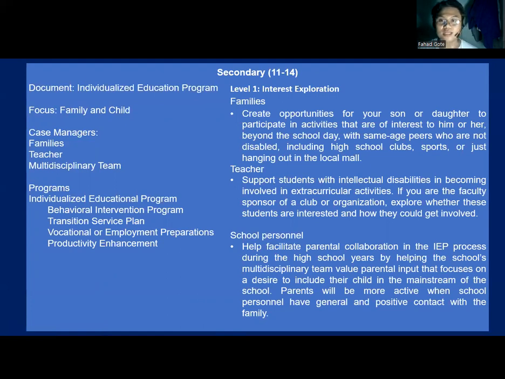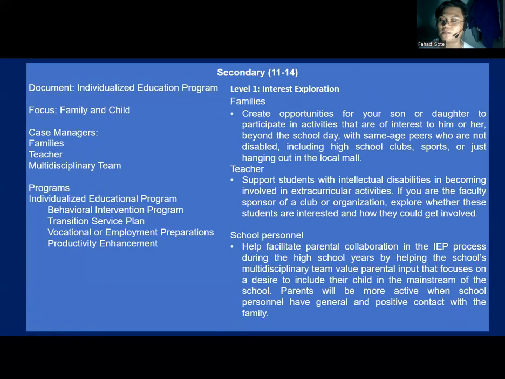So beyond the school day, with same-age peers who are not disabled, including high school clubs, sports, or just hanging out in the local mall. So support the students. For the teacher, support the students with intellectual disability in becoming involved in extracurricular activities. If you are the faculty sponsor of a club or organization, explore whether these students are interested in